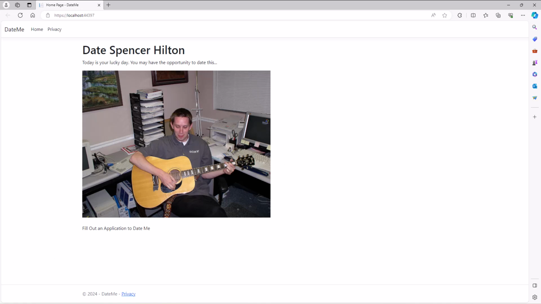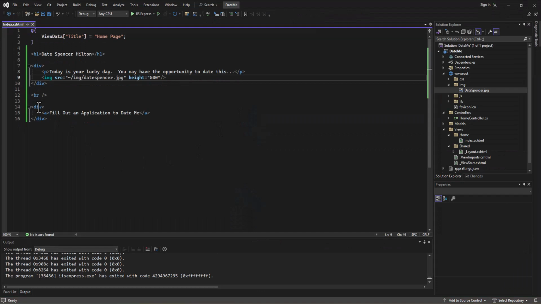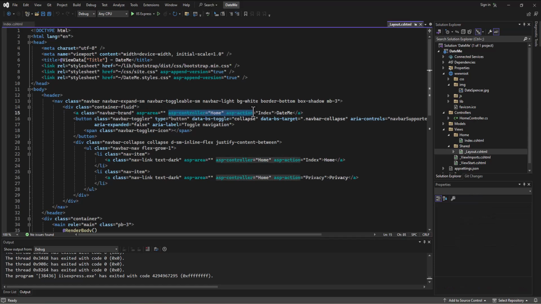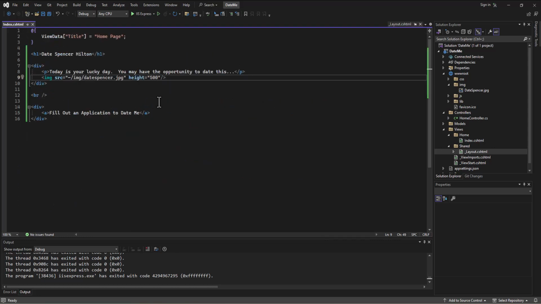And our dilemma now is, how do we get to this place? It says fill out an application to date me. And how do we get there? Right now, I've got the link set up, but it's not actually going anywhere or doing anything. You may recall from our discussion in the last video that in these links we have a couple of things, asp-controller and asp-action. If I want to link to a certain place, then I need to change this, and I'm going to add in this code that says